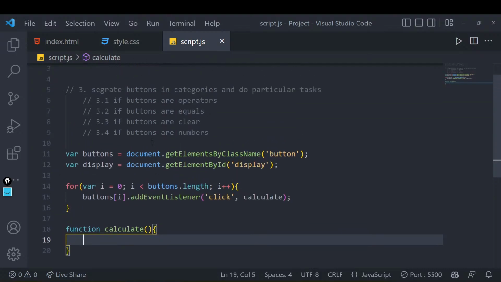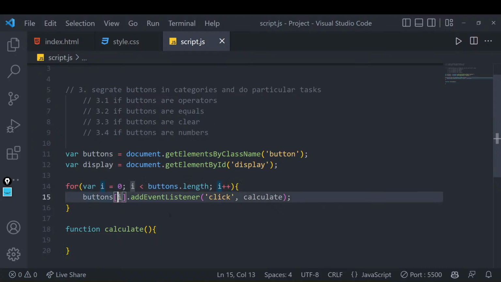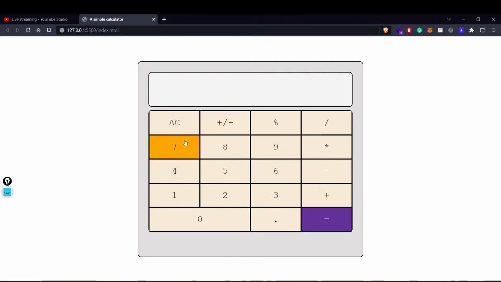What is that tricky part? Now we want to say what is the value of the button clicked, right? Suppose you have clicked any button. Right now, if I was clicking 7, or 8, or divide, everything was showing that same message. But we cannot run the same function, or do the same things, unless we know the value of this particular button, right? Are you getting this or not? So our task now is that we need to get what button is clicked, right?